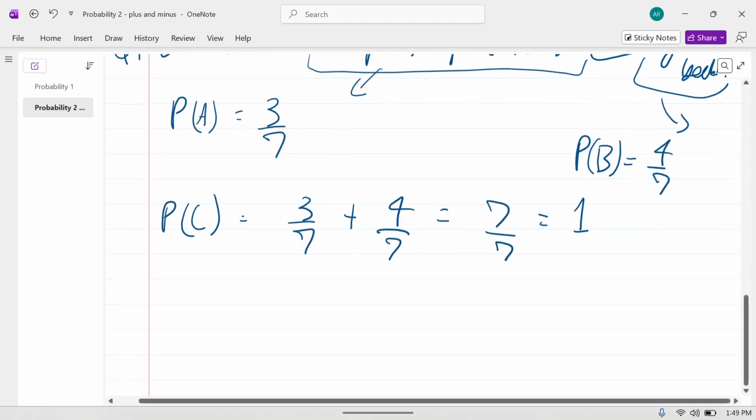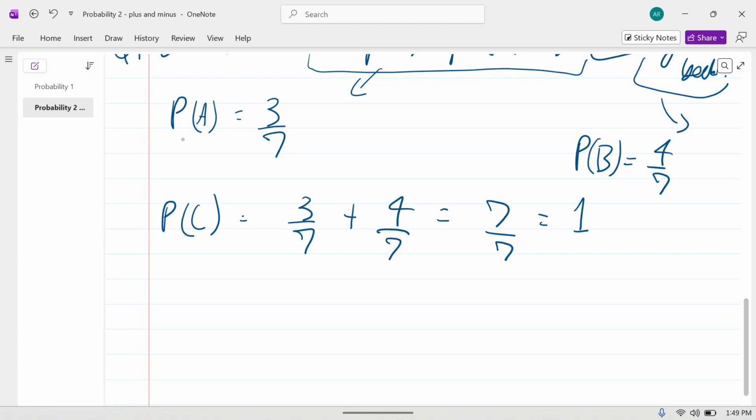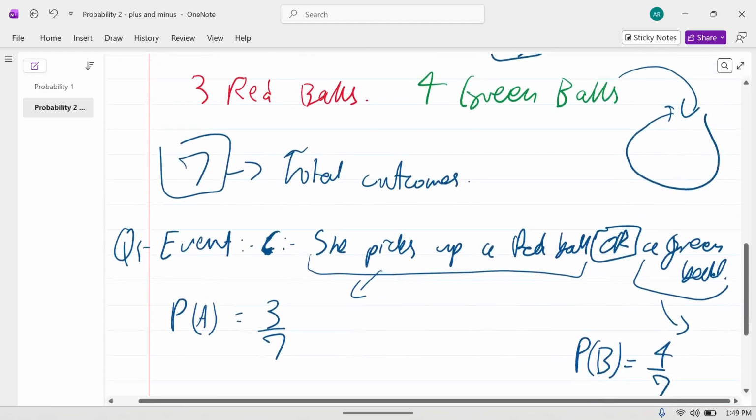They're the best ones. So, yes, you just add both of them, right? It's kind of like probability C is just equal to the probability of A and B, and you add both of them, and you get yourself the answer. Okay, it doesn't always have to be 1, though. The reason being,